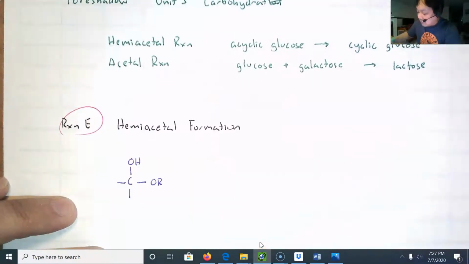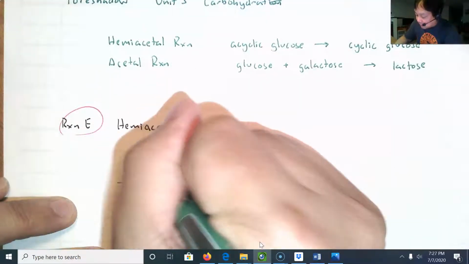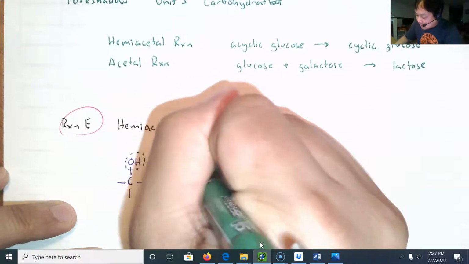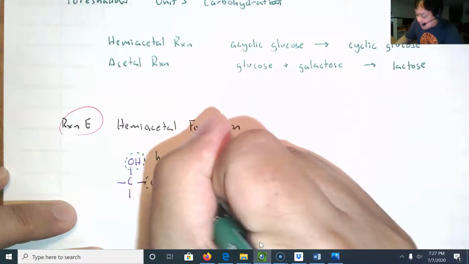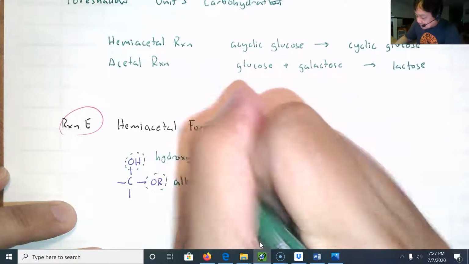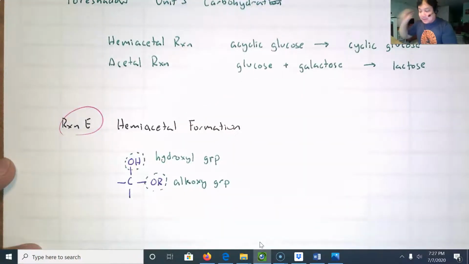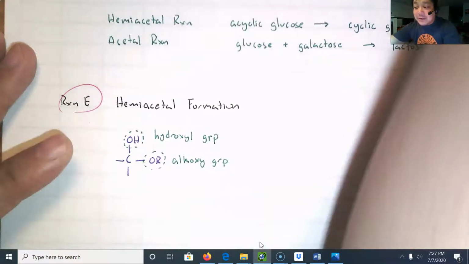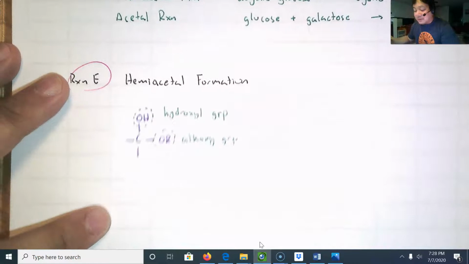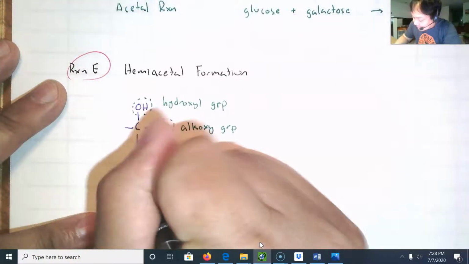What you want to look for is, is there a carbon on your molecule that is attached to a hydroxyl group and an alkoxy group? If you do, then you have a hemiacetal. We are in the ketone and aldehyde unit. How do we convert those molecules into a hemiacetal? We can take, for instance, this